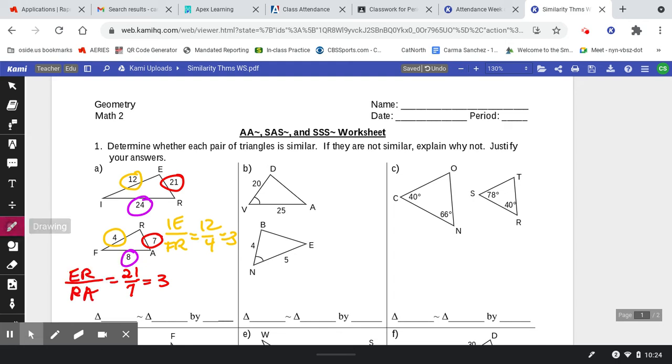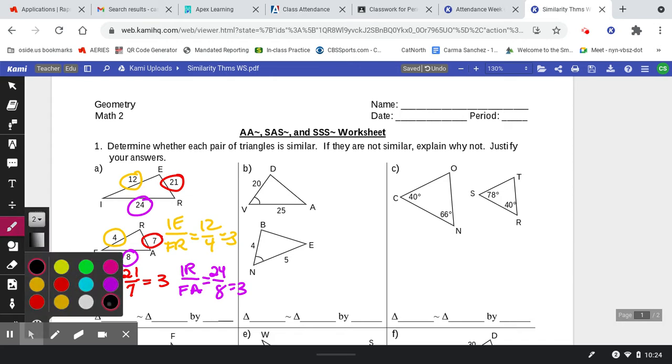Then we have the purple side, which we would say IR compared to side FA, which is 24:8, which is 3. Because we have three ratios of corresponding sides,